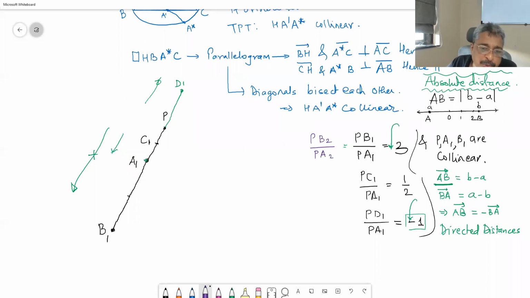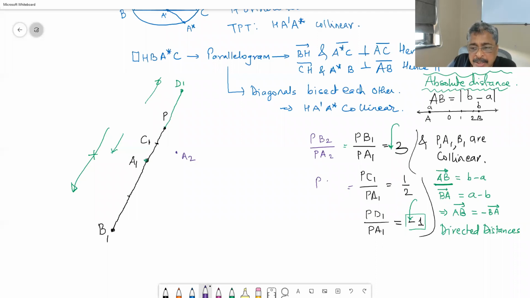Okay, for that I need to give you, suppose A is sitting somewhere here, A2. Okay, A2 I have given. Wait, let me correct. Undo. P is here, let me make A2 here. So if I give you P, if I give you A2, if I say that all these points need to be collinear, can you get me B2?